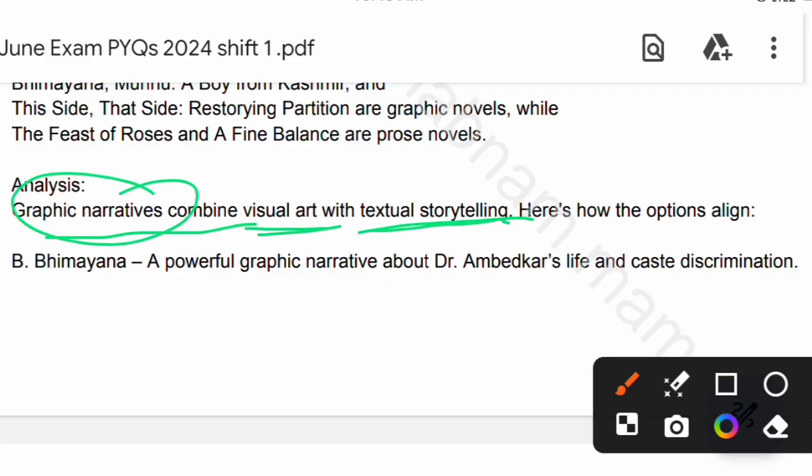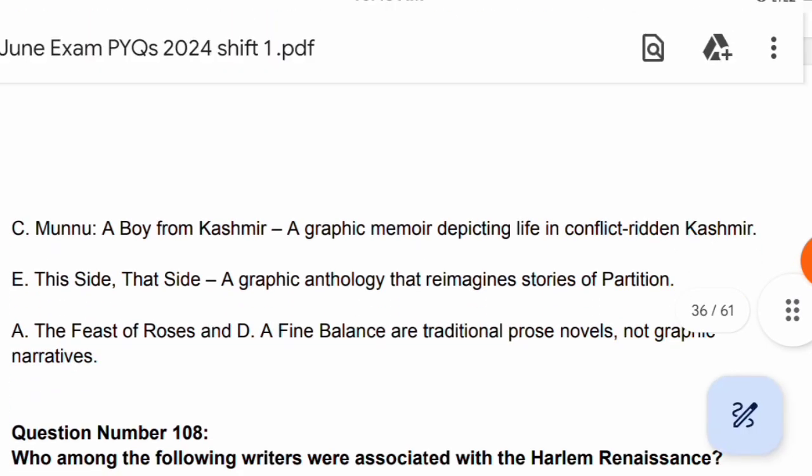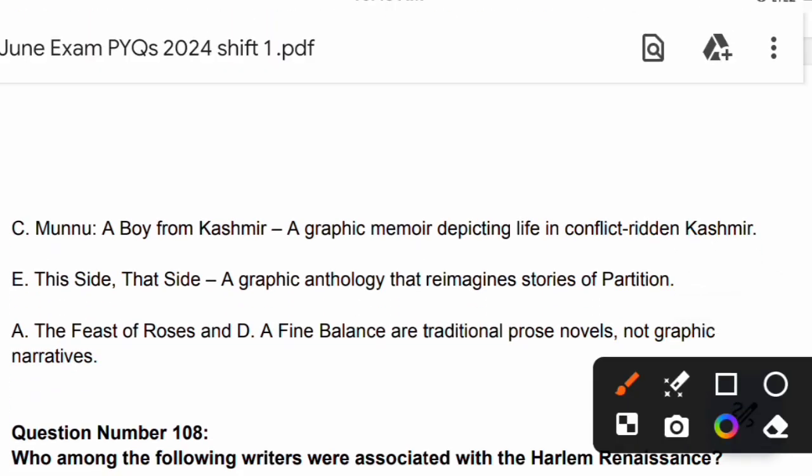So Bhimayana is a powerful graphic narrative about Dr. Ambedkar's life and caste discrimination, do remember. And Munnu, A Boy from Kashmir is a graphic memoir depicting life in conflict-ridden Kashmir, and This Side, That Side is a graphic anthology that reimagines stories of partition. Okay,